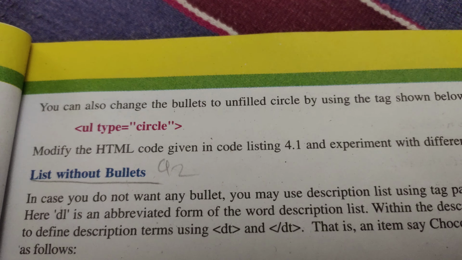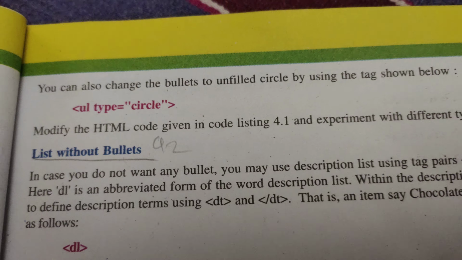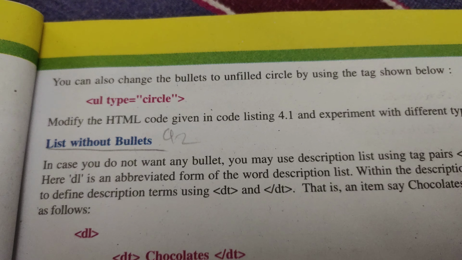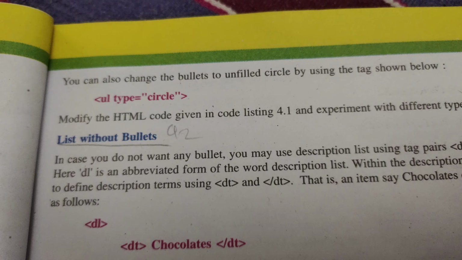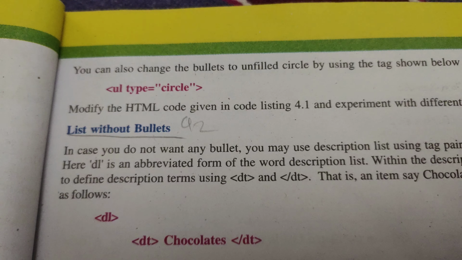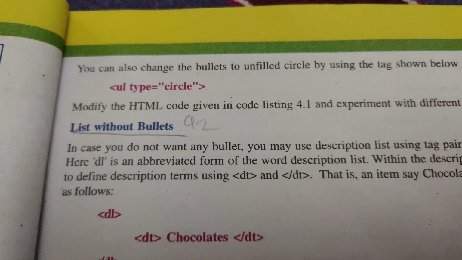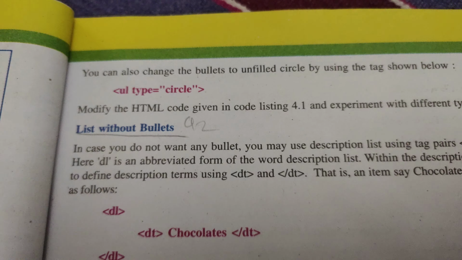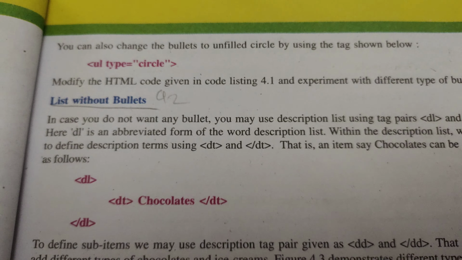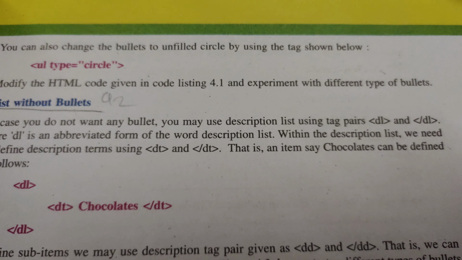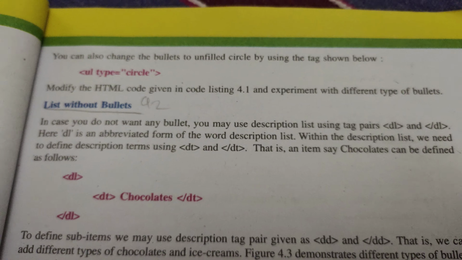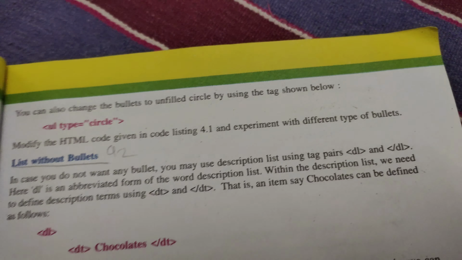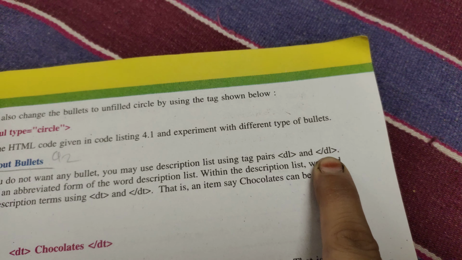In computer, HTML gives you many options. In every software, there are many options. Same as in HTML, list or table making also. First we have a view. If you want to change our bullets, we can change, or else we can use our list without bullets also. For that, the description will be a tag, opening tag DL, and then closing tag. Opening tag, again closing sign and DL.